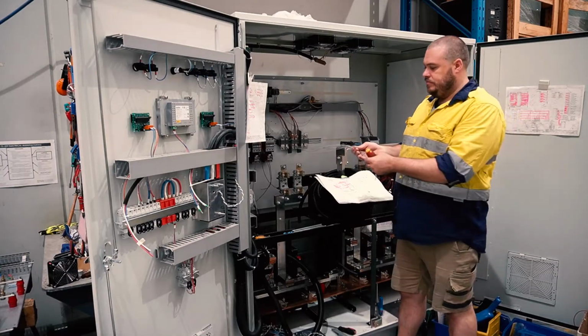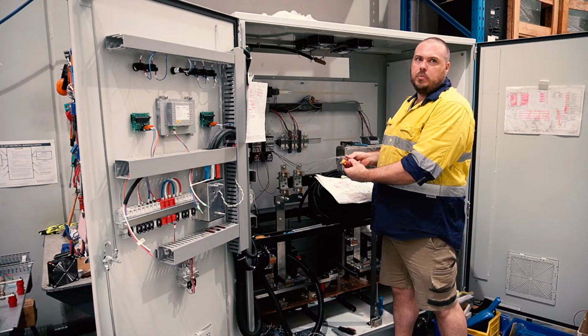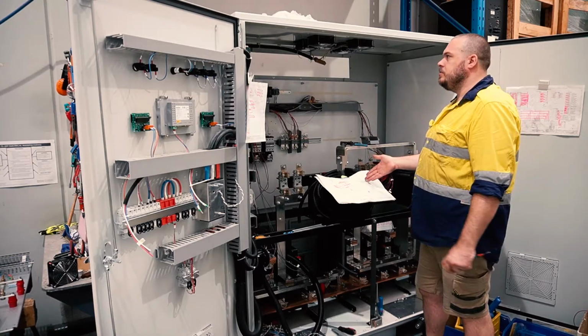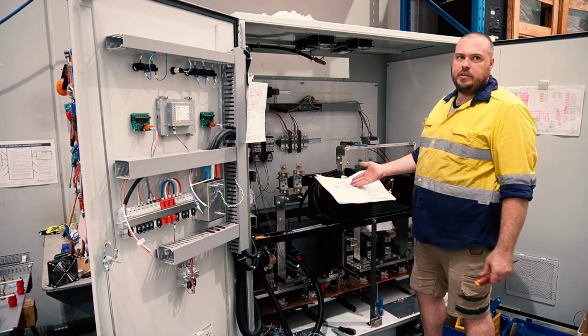So the wires are meant to be labelled. They've also got numbers on each wire. So the idea is that wire corresponds back to the drawing. If somebody hasn't labelled the wire properly, at least you can go find the wire number